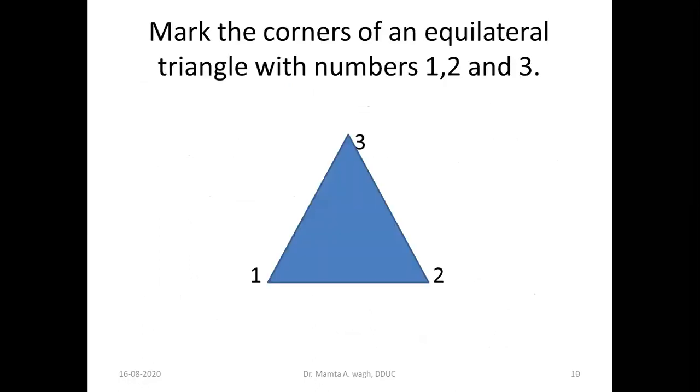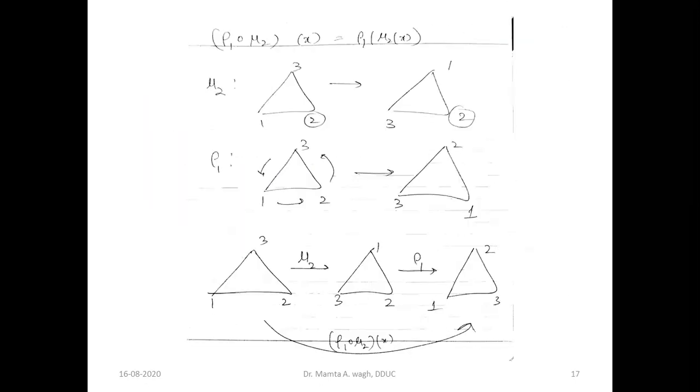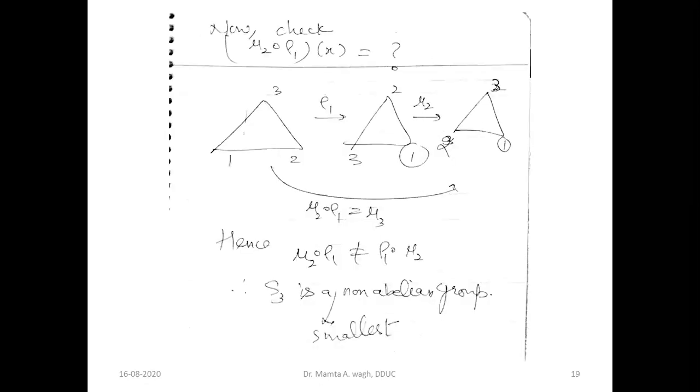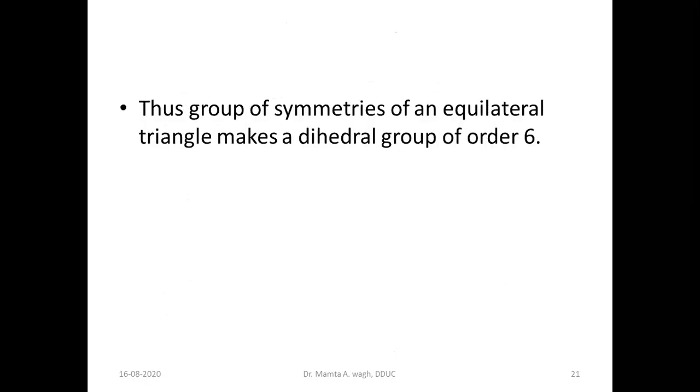So this is a dihedral group. Again, if I am taking the symmetries of this equilateral triangle, then this is the dihedral group of order 6, that is D3. The order will be 2 into 3, that is 6. So basically this was the way we introduced the group structure to you. These are the dihedral groups. In this way we have introduced the concept of groups.